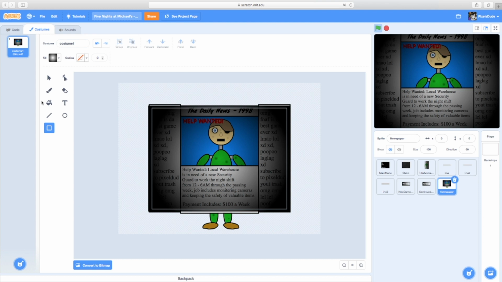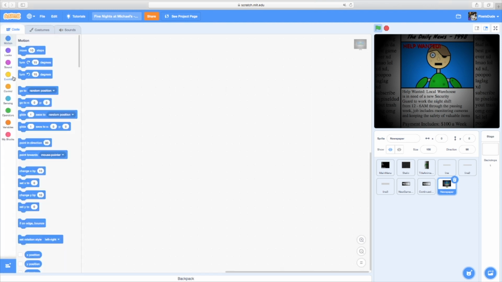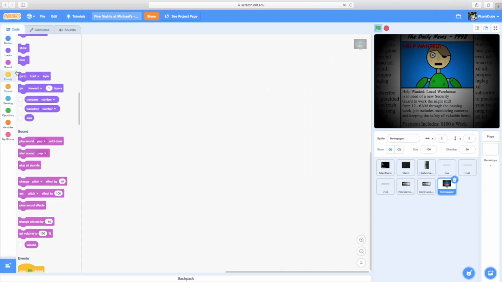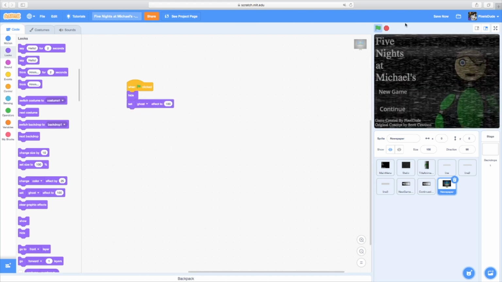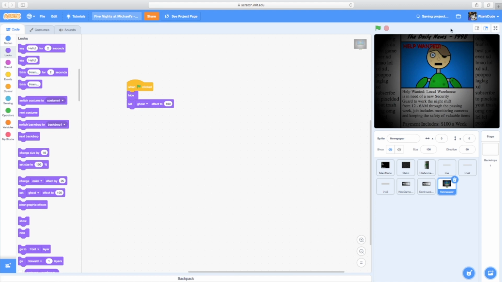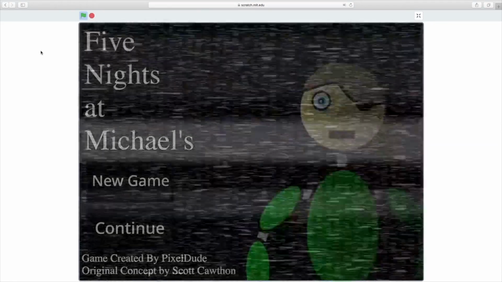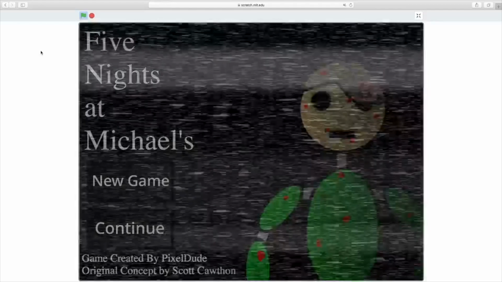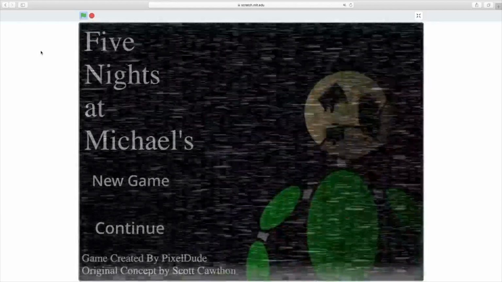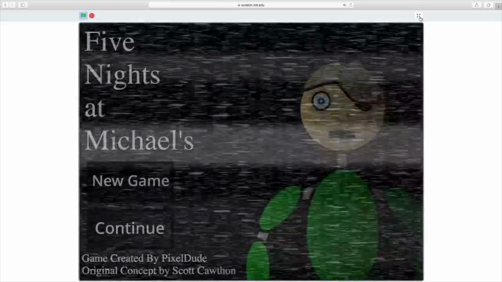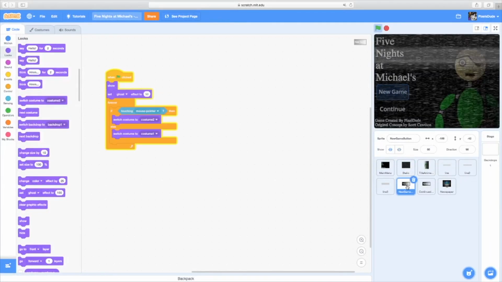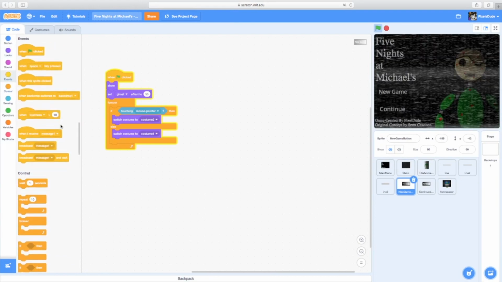Okay, now that you've done that, you want to go to the newspaper's code. And you're going to do, when green flag is clicked, hide, set ghost effect to 100. So, as it starts, you can't really see it, which is really cool. So now we're going to code the buttons. Go to your new game button and do,